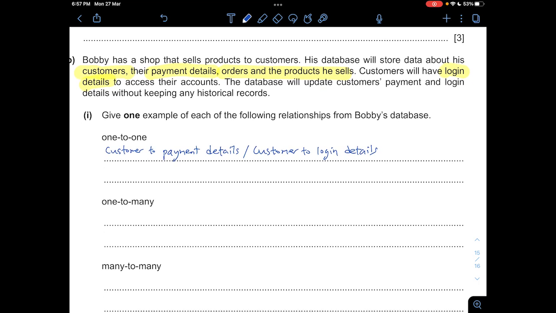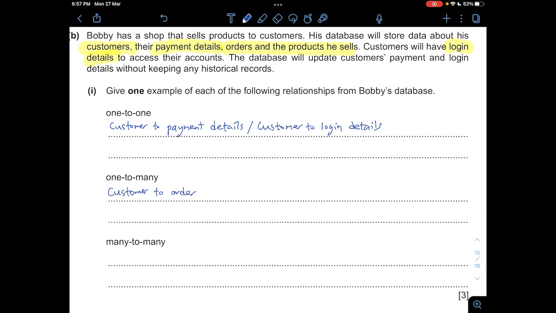One-to-many, one customer can have many orders. Orders for a particular product can be many products. So customer to orders. Many-to-many would be you have the order, there's many orders, and then it will relate to many products, right? So that will be order to product, or customer to product, because many customers would probably choose many products, right? So customers to products,